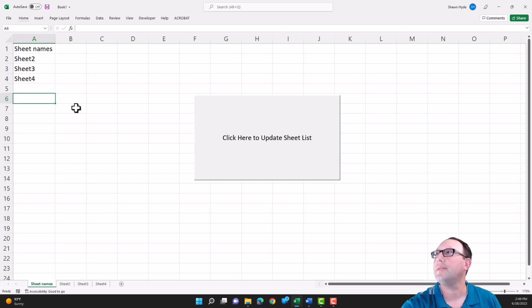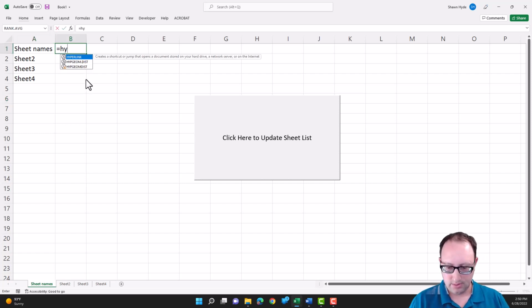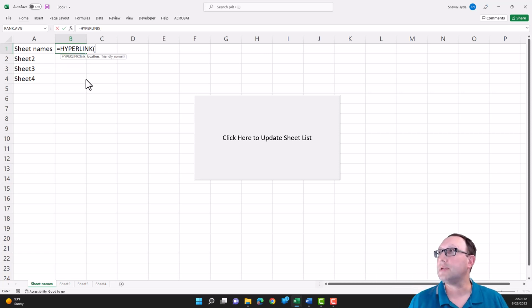So there's that. Now let's build in that. Add the hyperlinks here. Let's go equals, start typing hyperlink. I'm going to hit the tab key to finish typing in that function. I'm going to do open quote. I'm going to put in the hashtag sign, then apostrophe, close quote, then ampersand sign, and then I want to